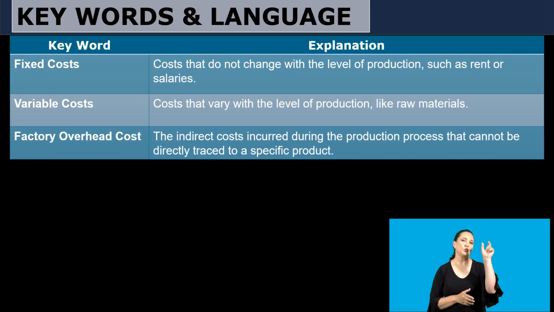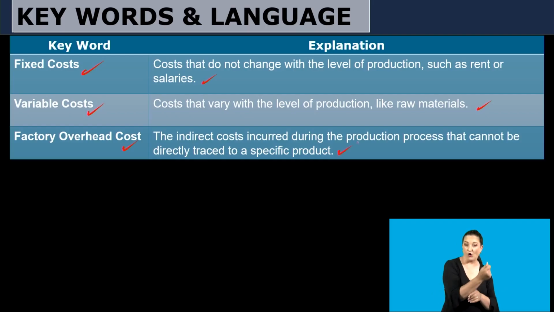Here are some keywords and language. We have spoken on fixed cost. These are costs that do not change with the level of production, such as rent or salaries. Then we have variable cost, costs that vary with the level of production, like raw materials. And then we have factory overhead cost, the indirect cost incurred during the production process that cannot be directly traced